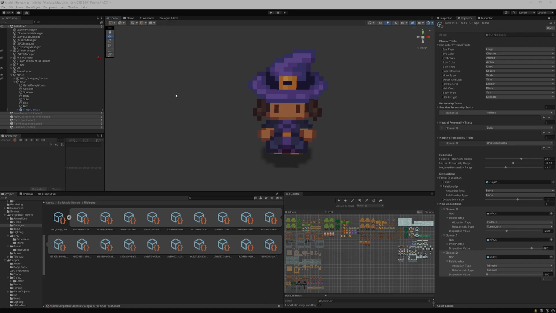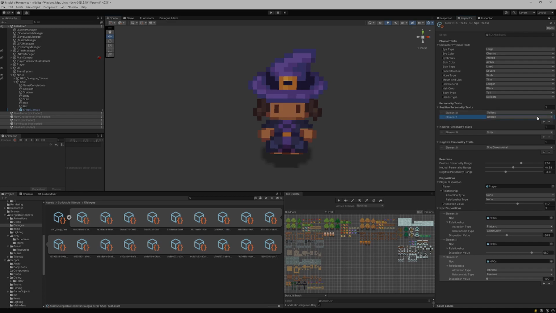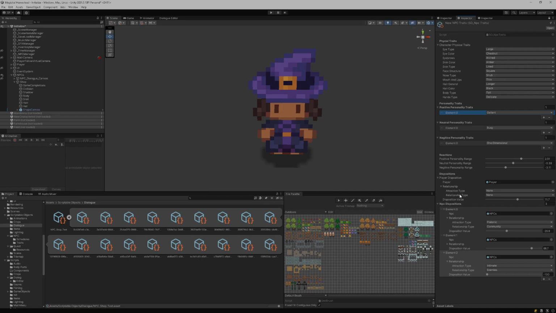Over to the right is actually the base of the system I was talking about, where you can assign characters physical traits, their personalities, and you can give them more than just the one. You can also add their reaction to personality stimuli, and finally the relationships and dispositions of every character, the player or other NPCs in general.